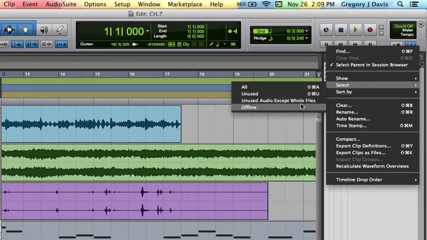You can also select unused audio except for whole file clips, which means that it's going to filter out not only unused clips, but unused subset clips. So you can use that. You could also filter by offline clips, clips that you are not using or that have been taken temporarily offline so that they don't play back. You can, of course, select those and then remove them. So let's just say we've